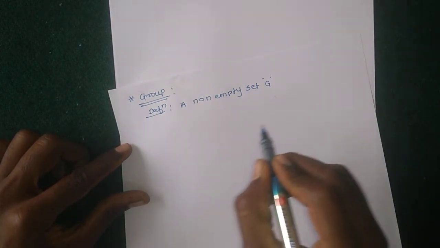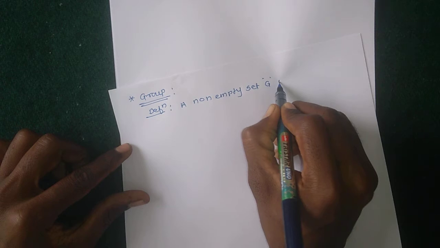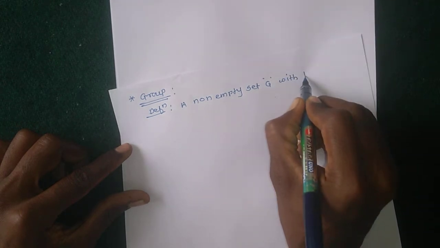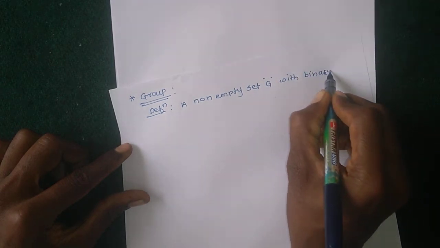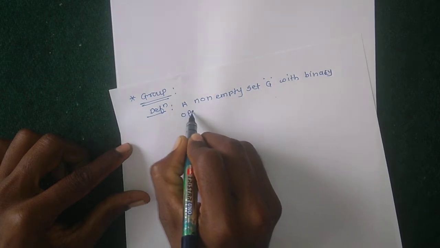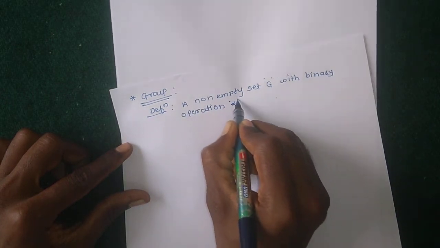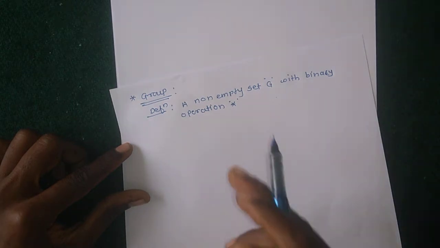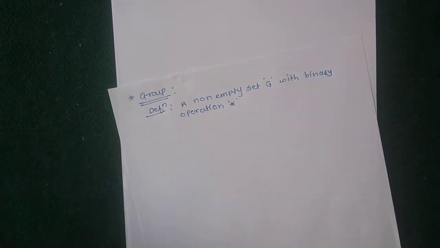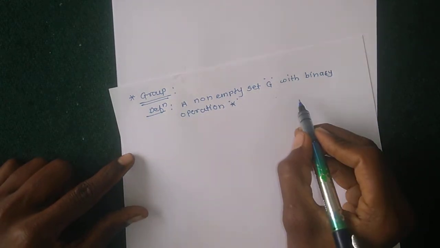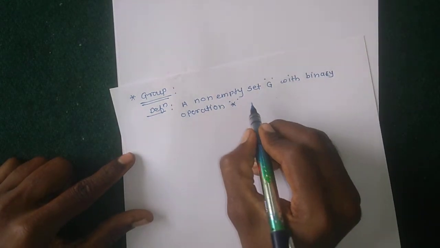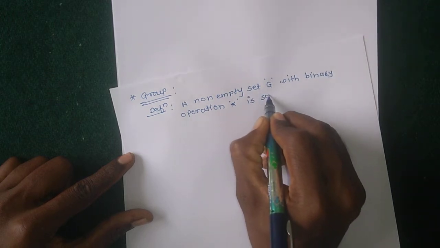A non-empty set G with binary operation star. The definition of a binary operation was already seen in the first lecture. A non-empty set with binary operation star is said to be a